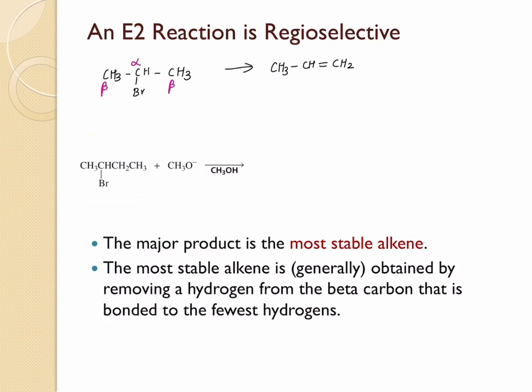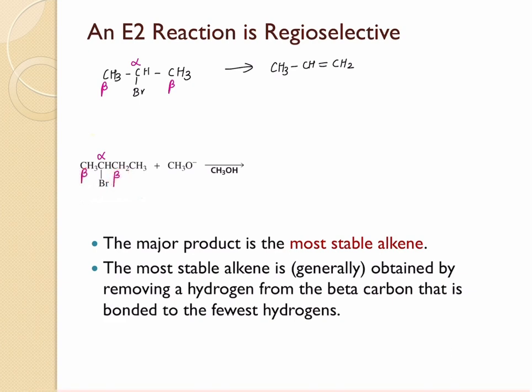But when you take this alkyl halide, there is a possibility that it can give rise to 2 different products because it has an unequal number of beta hydrogens. Let's identify the alpha carbon and the beta carbons, and from there we'll find out what the 2 different products are. So this is the alpha carbon, and these are our beta carbons. The 2 beta carbons have an unequal number of hydrogens, right? In the earlier case they had an equal number of hydrogens, so they gave rise to only one product. But here, since they have 2 different numbers of hydrogens on the 2 beta carbons,